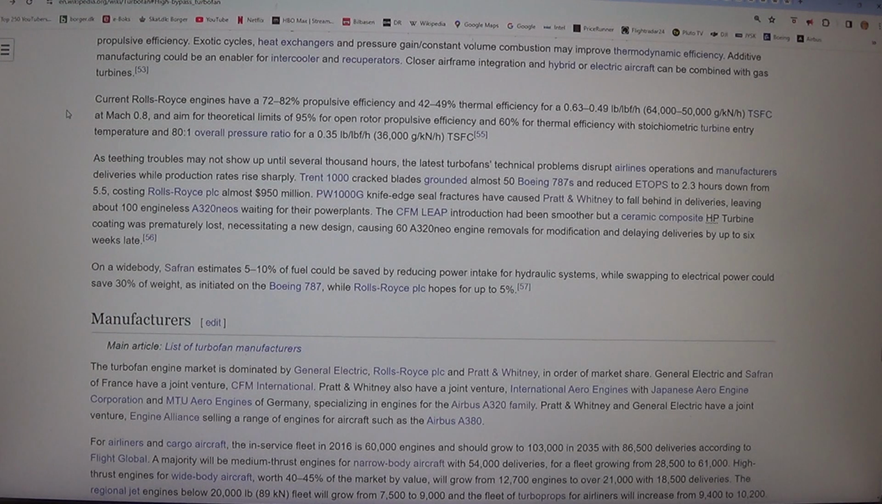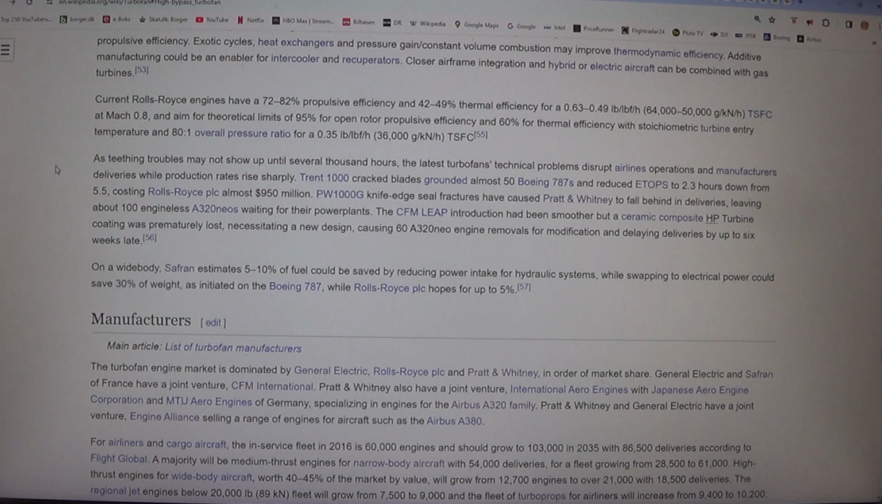G/kN/h, TSFC at Mach 0.8, and aim for theoretical limits of 95% for open rotor propulsive efficiency and 60% for thermal efficiency with stoichiometric turbine entry temperature and 81 overall pressure ratio for a 0.35 lb/lbf/h, 36,000 G/kN/h TSFC. As teething troubles may not show up until several thousand hours, the latest turbofans' technical problems disrupt airlines'